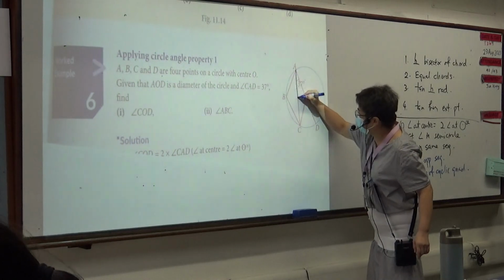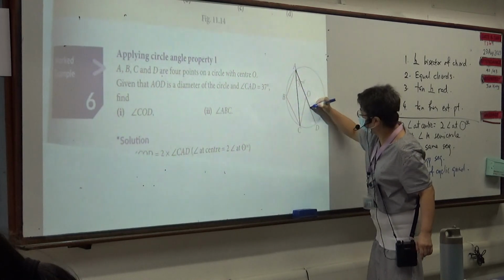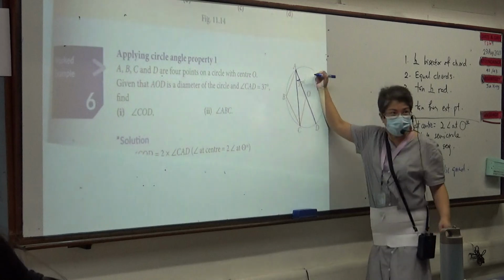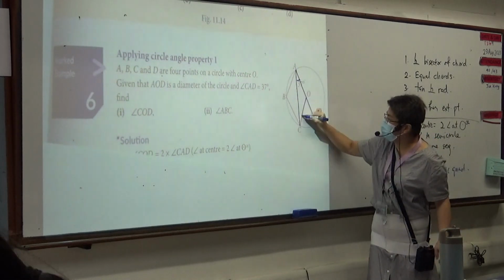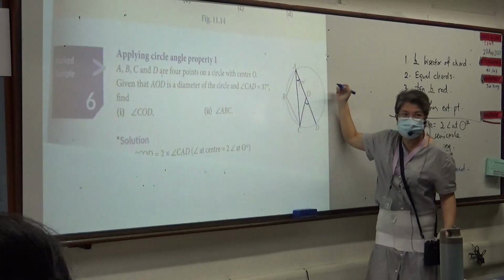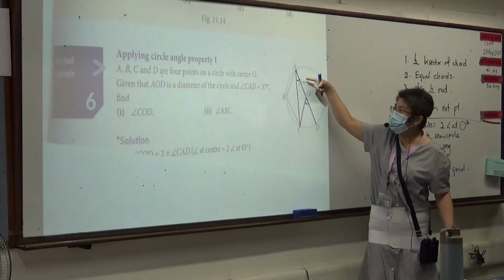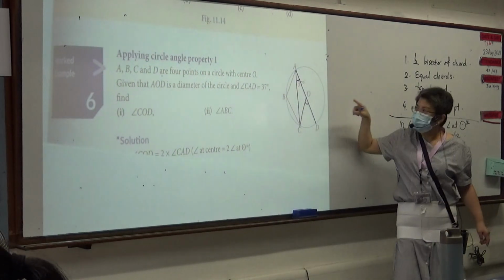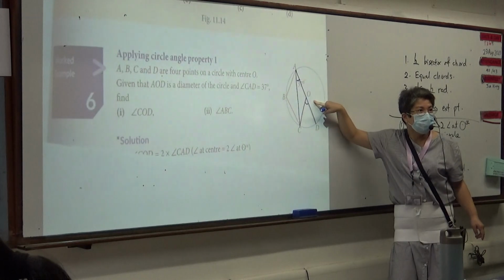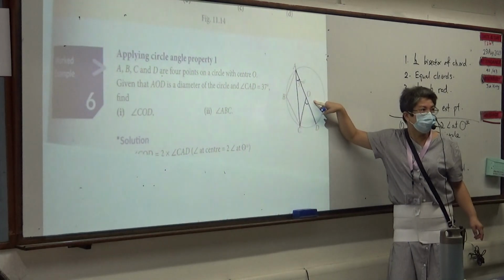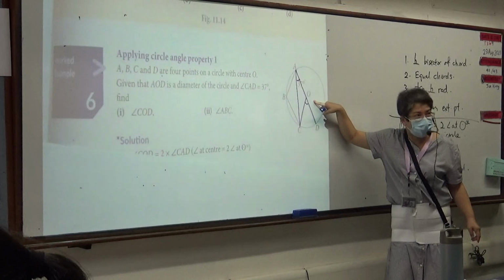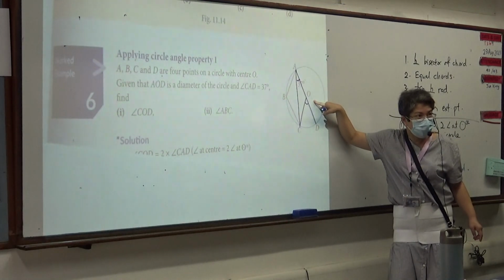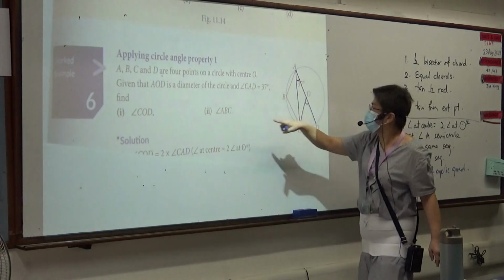CAD is this one, right? This is 37, right? Do you agree that COD is the angle at the center? This is angle at the circumference. So how do I find COD? 37 times what? Times 2, right? So you get 74. Are we okay? Are we okay here? Yes. Next part. Find angle